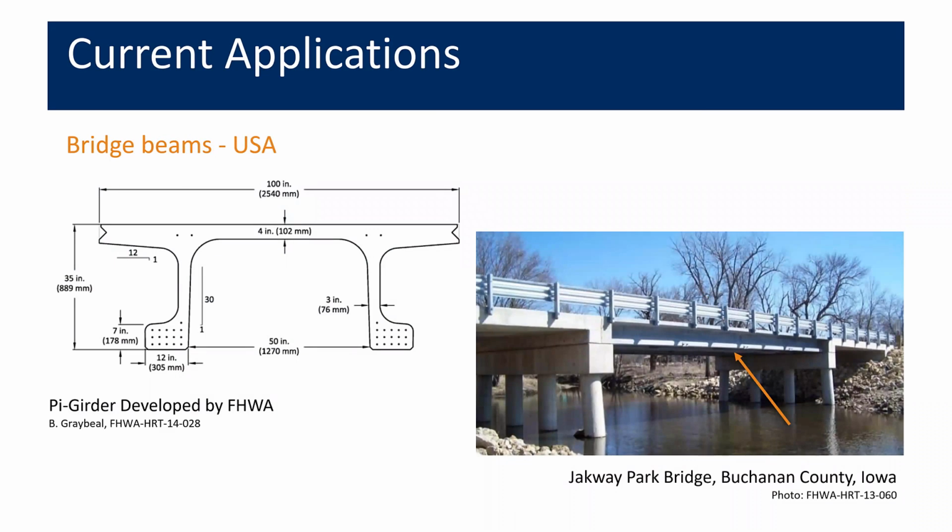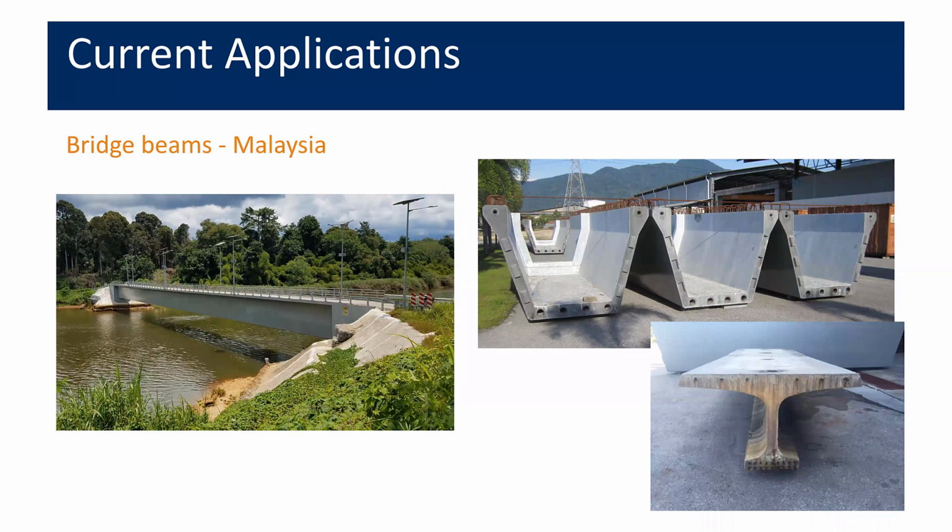UHPC has also been used on a few projects in the United States for actual bridge elements. Here I'm showing a figure of the pie girder, which was developed by FHWA, the Federal Highway Administration, to take advantage of a lot of the UHPC's properties. But they're also being used internationally for bridge applications. This is a bridge in Malaysia, which is made of UHPC. It's a 100-meter span, so 328 feet, made entirely of UHPC. And this is fairly routine construction now in Malaysia and other parts of Asia to use UHPC in these structural